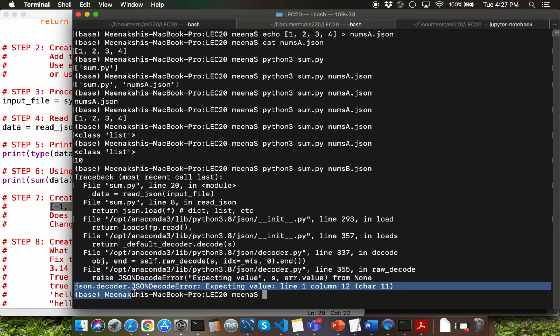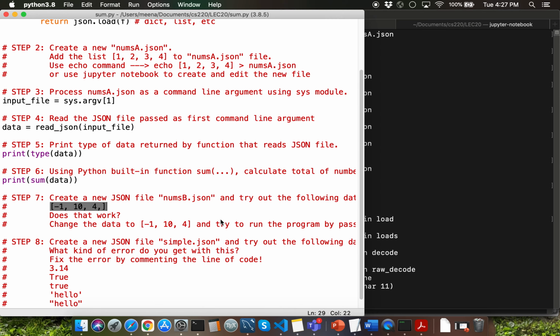All that you need to worry about is this last line here, which says that you have a JSON decoder error. Whenever you get a JSON decode error, you can understand that the JSON file format has some issue. So it is saying expecting value, and line 1 column 12 and character 11 has some issue, correct? So what is the issue here?